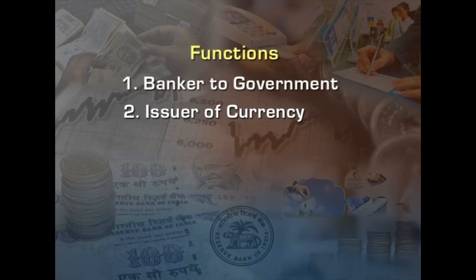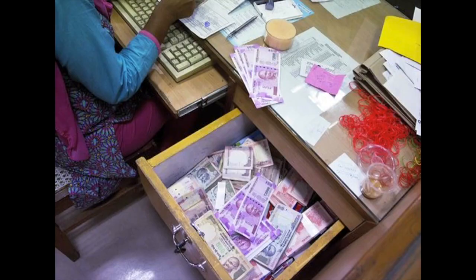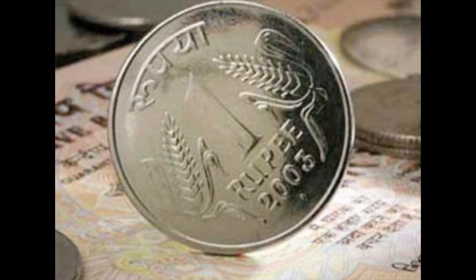2. Issuer of currency. Reserve Bank of India is the sole body who is authorized to issue currency in India. It issues and exchanges or destroys currency and coins not fit for circulation with an objective to give the public adequate quantity of supplies of currency notes and coins in good quality. While coins and 1 rupee notes are minted by the Government of India, the RBI works as an agent of GOI for distributing and handling of coins.